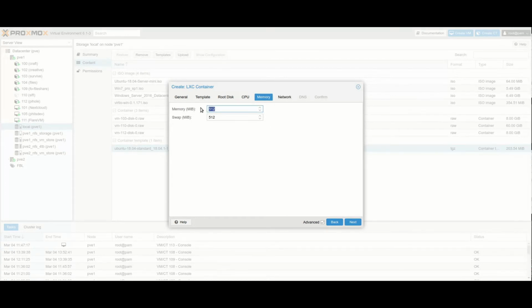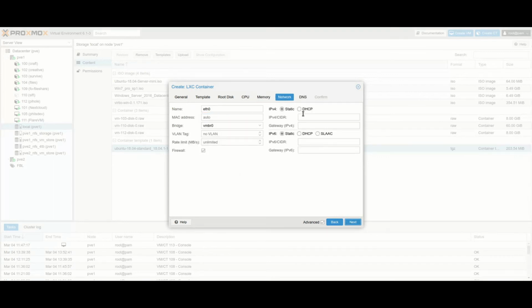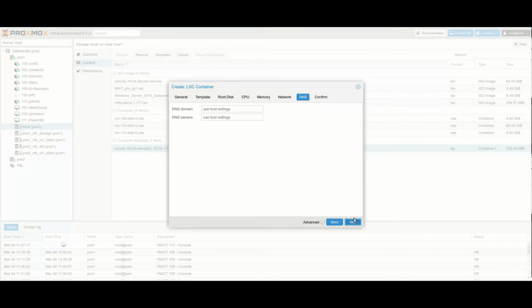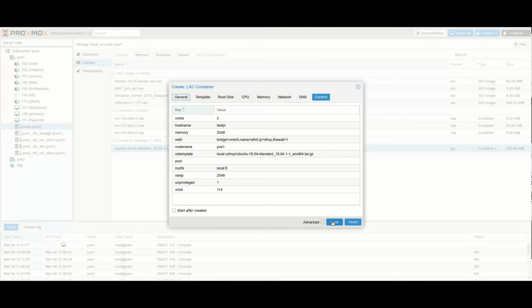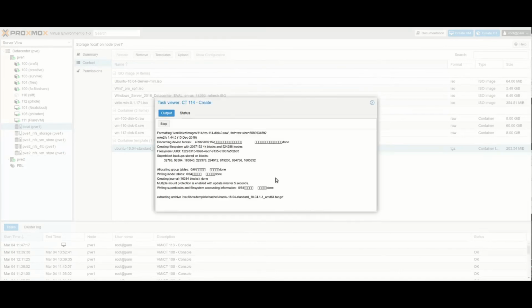And honestly, this is way overkill for what we're doing. But again, it's not stealing it, it's just limiting it. We're going to set this to be a DHCP static because I don't want one. And we're going to put it on my LAN. And we're going to say next. And leave this part alone because it is going to be a DNS server. And we're good. And let's go ahead and start it.